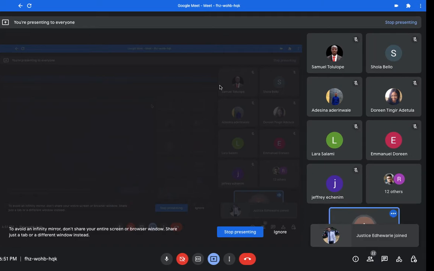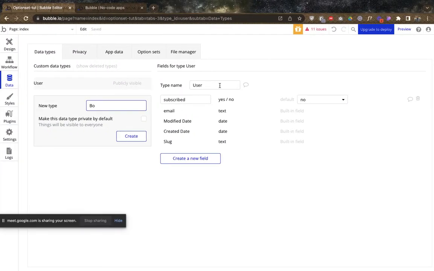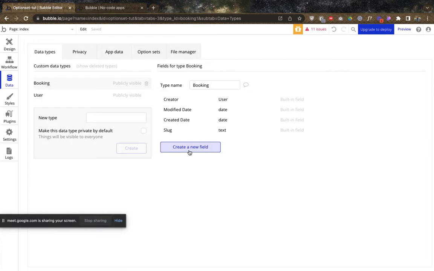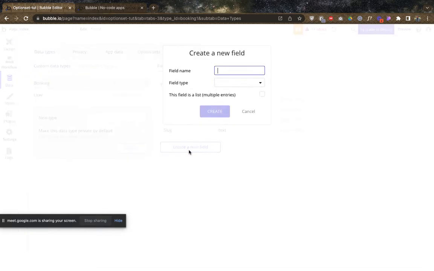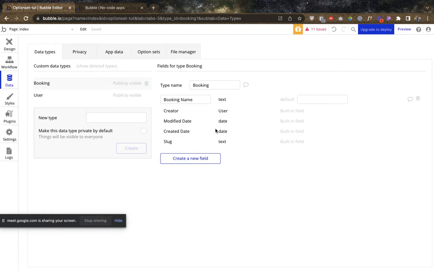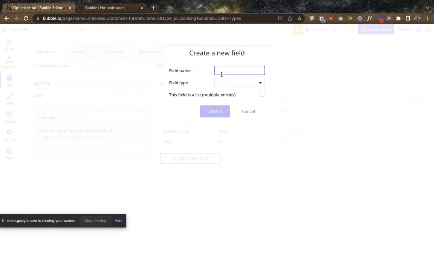So let's continue. What we now want to do is nest option sets into our data, right? So we're going to do bookings. This one will be a normal one. We say booking name, and this will be text. We're just going to have two fields inside our data. Then we'll say booking